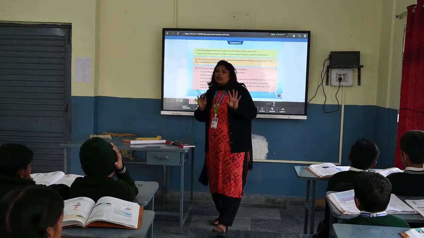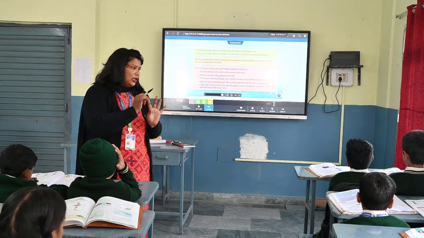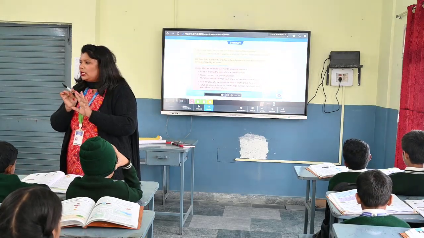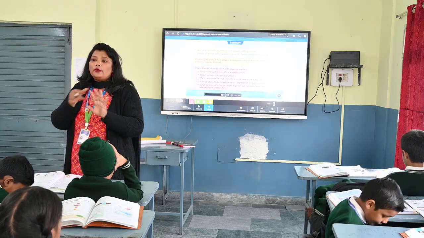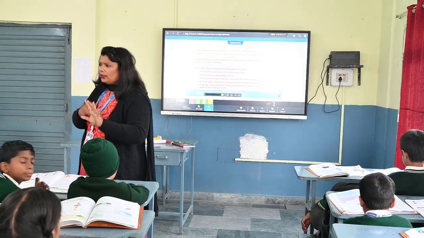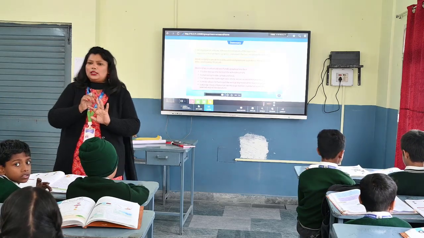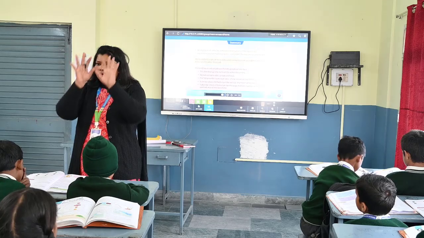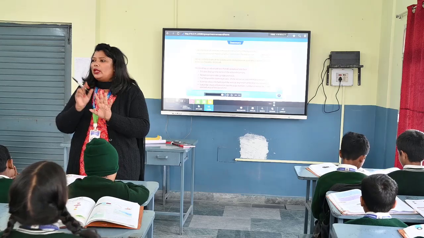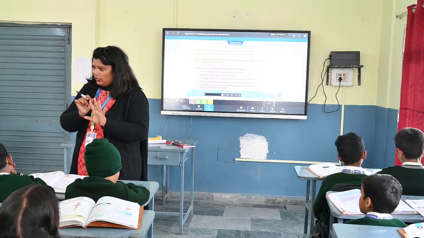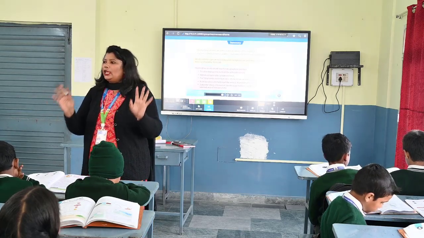Okay, quick recap. Word processing software, for example MS Word, which we are using in the computer lab, isn't it? You will open it. You know how to open it. You have to go to the Start button, then search. That is the shortcut. Otherwise, you have to go to the accessories, then Microsoft Office. Microsoft has already 7 apps. One of them is Microsoft Word. Okay, you will open it, the window will open, and you will start typing.